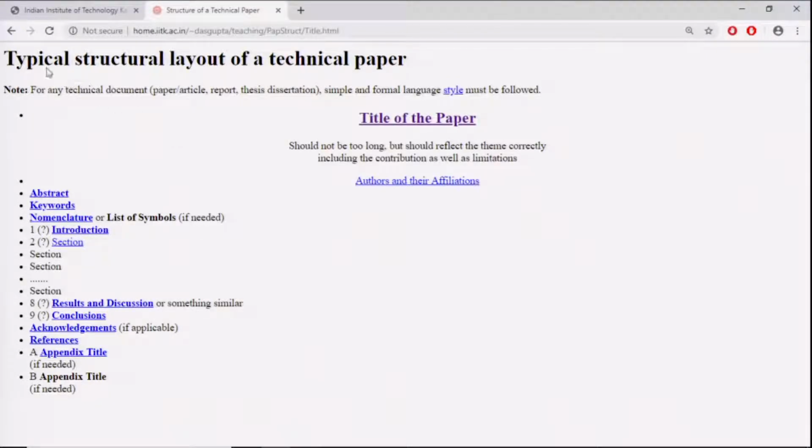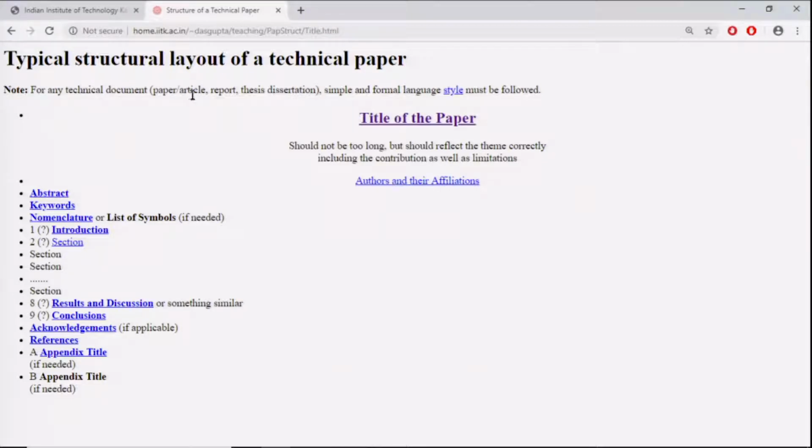Good morning and welcome. In this long lecture, we will discuss how to draft a technical paper. Most of the things that we discuss are applicable to technical papers of all fields. So, when we discuss the typical structural layout of a technical paper, these are the elements that appear in a technical paper. But before that, we should make note that for any technical document, paper or article,